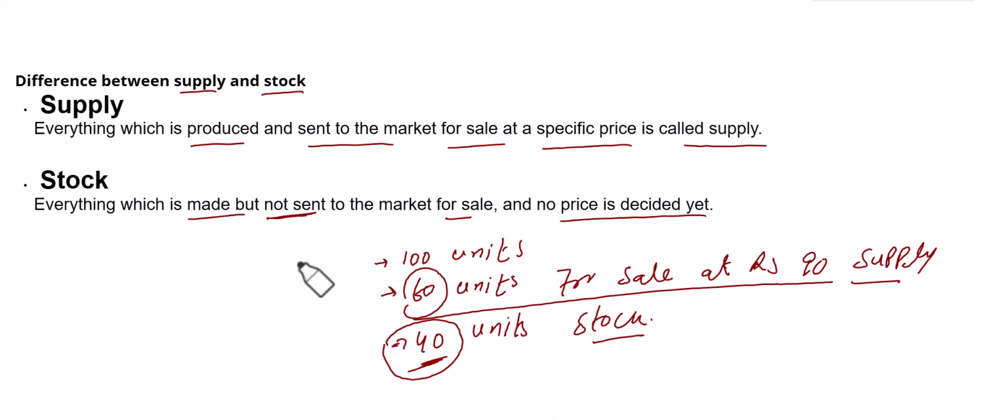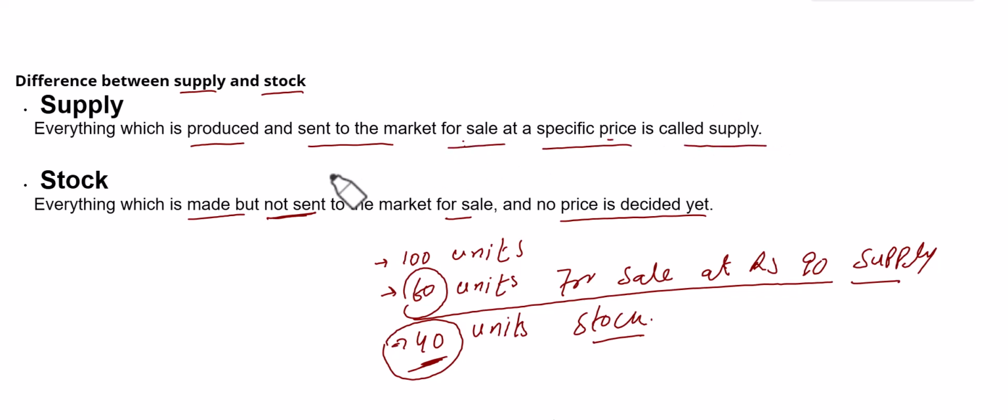Everything which is available in the market for sale, whenever you visit a shop, first of all you ask the shopkeeper what its price is. It means that the price is already decided for that product. So any product which is available in the shop for sale with a specific price